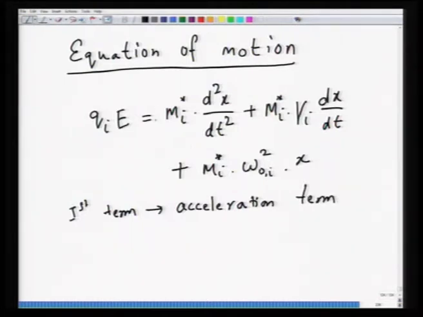Acceleration of particles of mass m_i star, and x, as you can see, when you apply an electric field which is sinusoidally varying, x can be the displacement from the equilibrium. Since the field is sinusoidally varying with time, at a frequency, there is a time term as well. So, the first term represents the acceleration of this particle of mass m_i star,